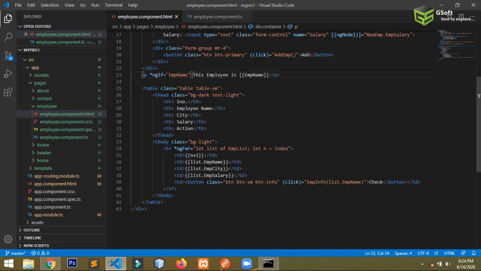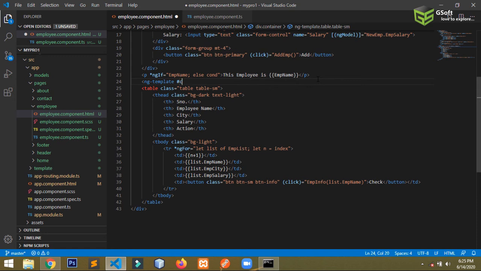But if you want to put else conditions, for that you have to just write else here and the name of the id. Suppose like id, when we give id, we write id equals to whatever the id name is. So in the same way we have to write the id here, and then here you have to write ng-template and then the name of the id.